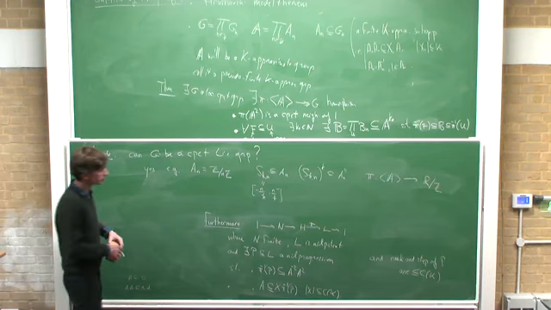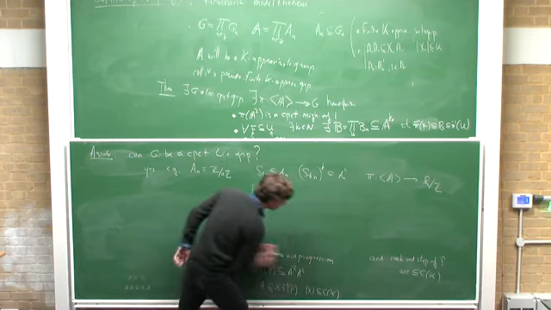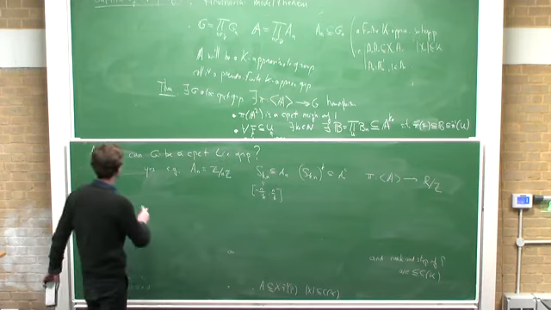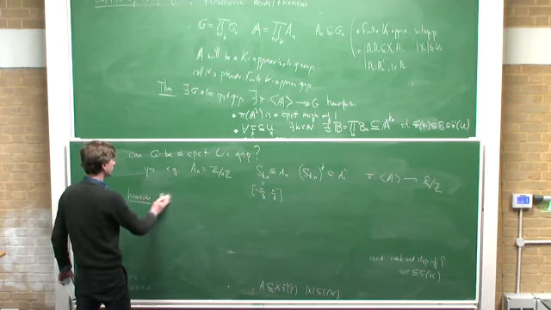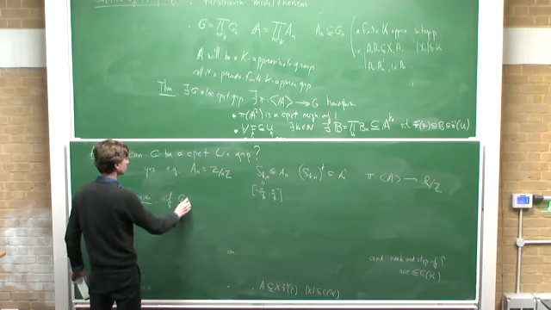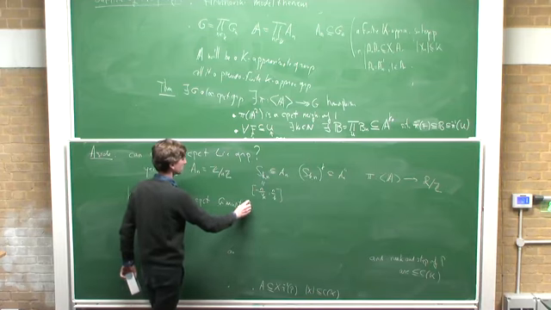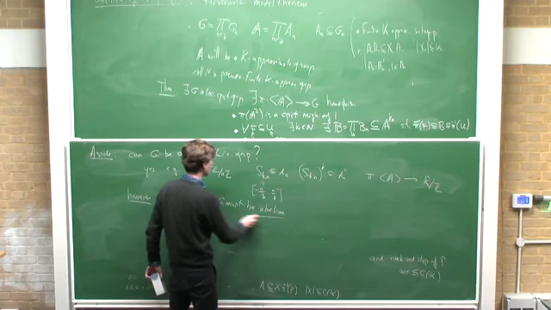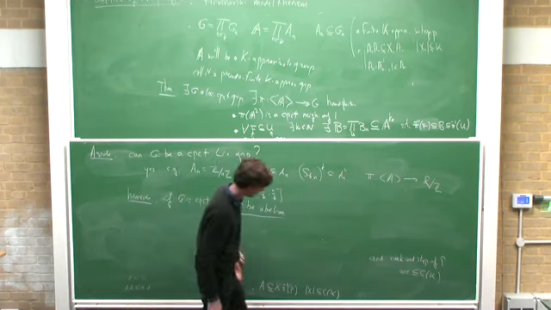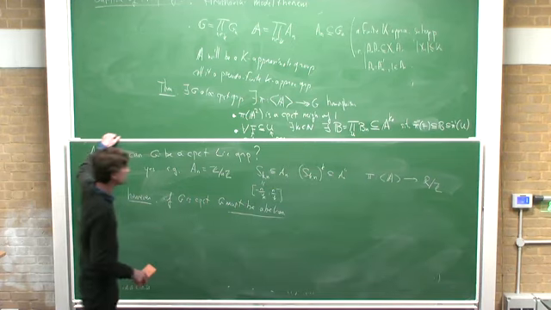So you certainly can have compact groups. However, if G is compact, G must be a B. Let me tell you why this is